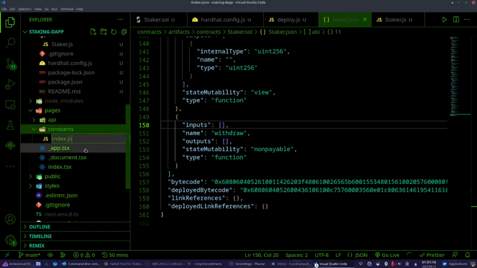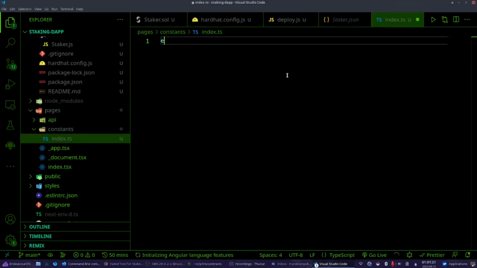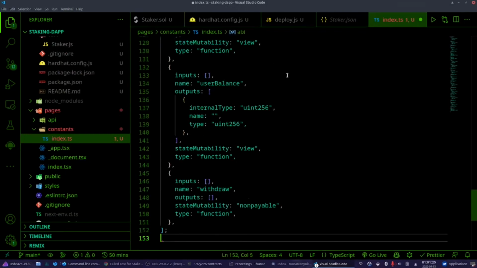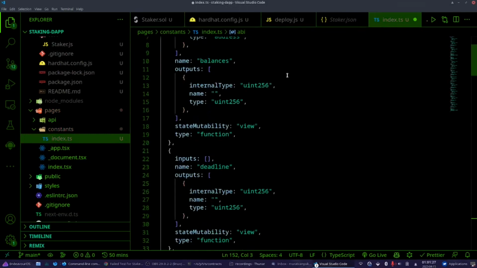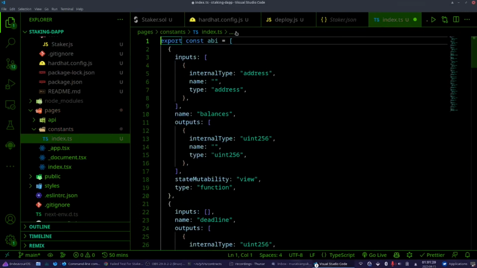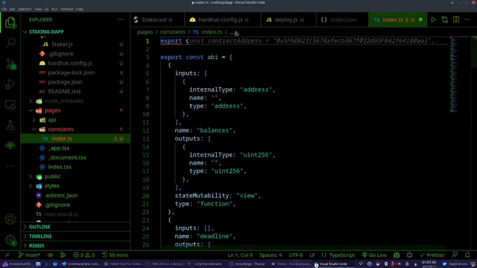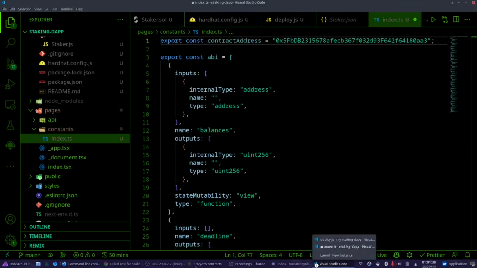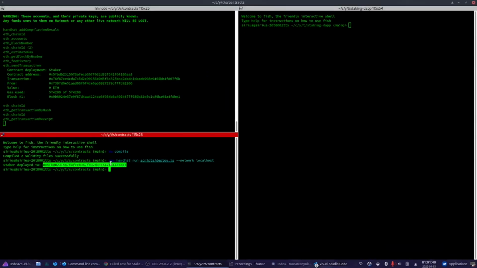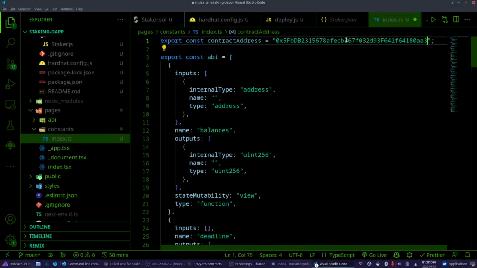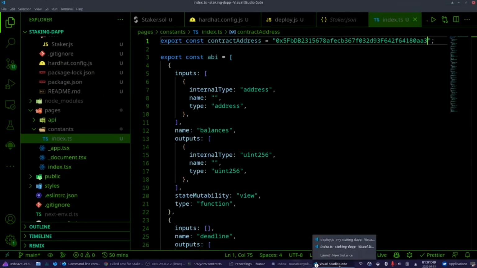Inside of it, create an index.ts file, export const ABI equals to this one. And then I want to export const, but I'm not sure if that's the correct contract address. Let's copy and paste here. Now in my